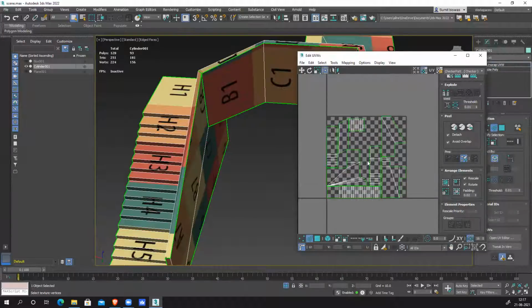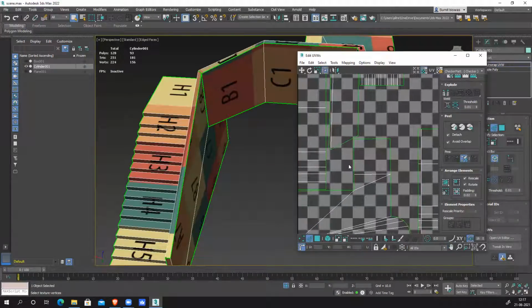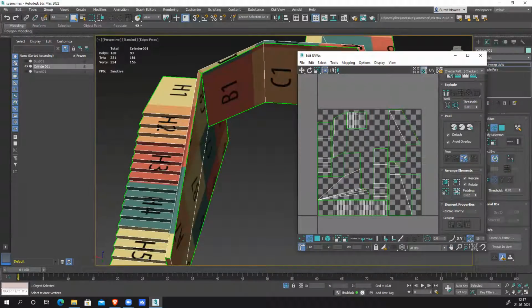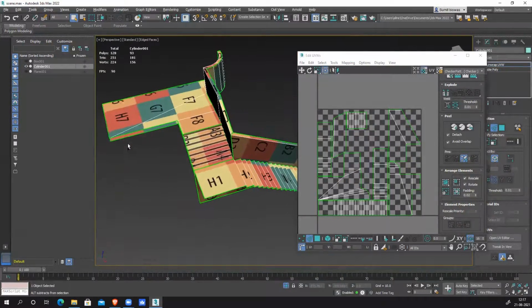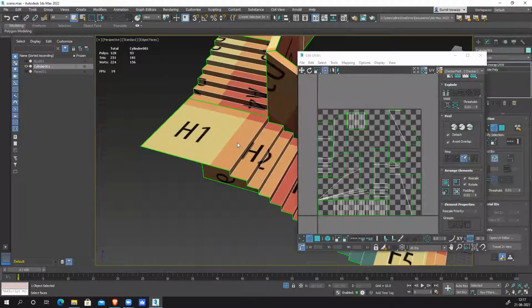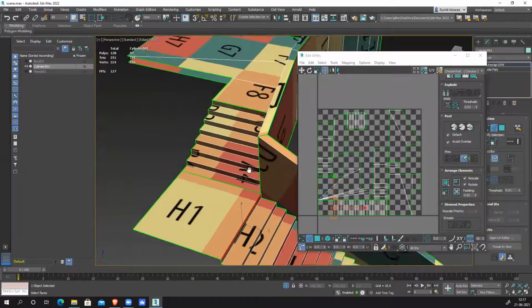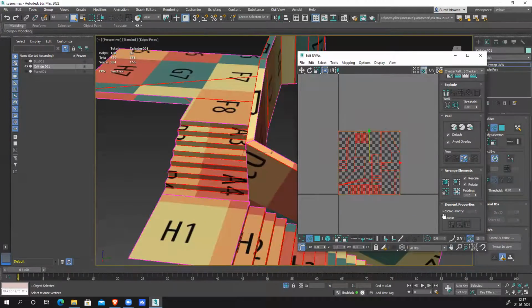So this section is broken. This is broken, correct. Still I have a lot of empty space. So empty space I have to fill. I have to make sure there is no empty space. And this particular part has a separate texture, so I'll break it now.